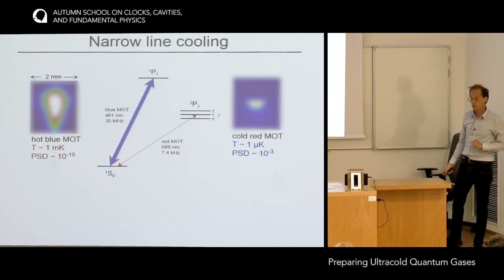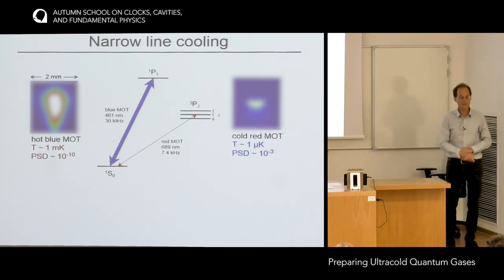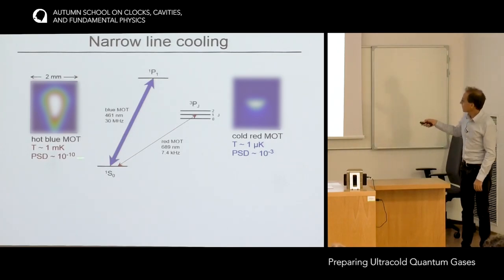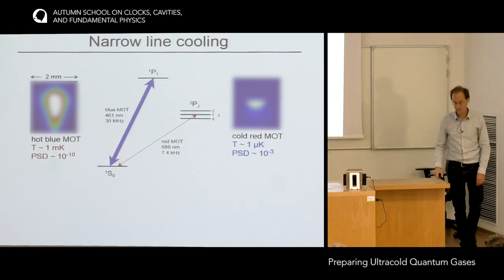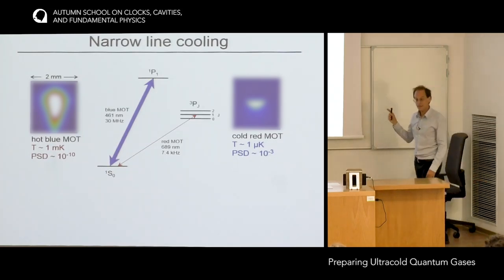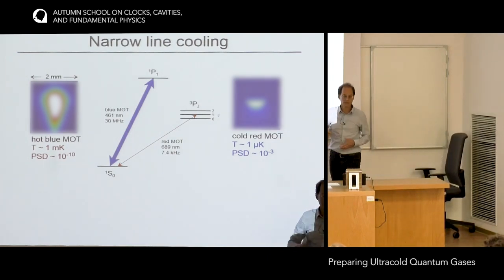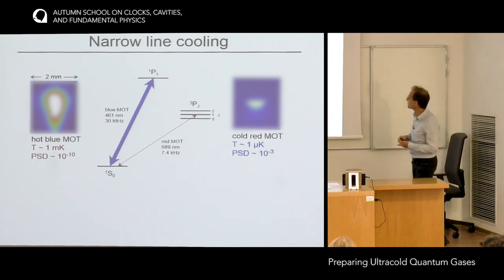And yes, we know that the Doppler temperature is proportional to the linewidth. So you see, we go a factor 1,000 down in linewidth, you go a factor 1,000 down in temperature. That's great. And the phase space density goes up quite a bit here in our MOT to 10 to the minus 3. And actually, you can laser cool even better. The reason why you only, so to say, go to 10 to the minus 3, which is still good, alkalis go to 10 to the minus 5 or so at this stage,